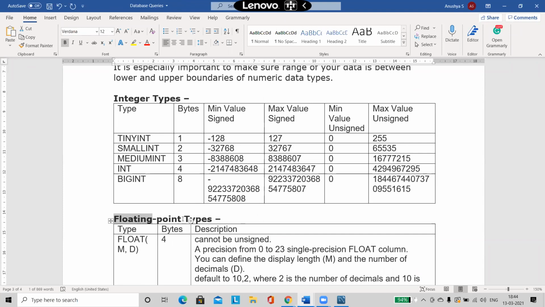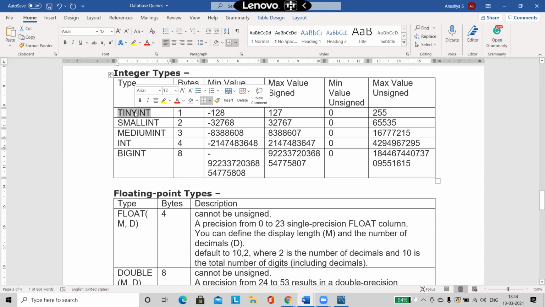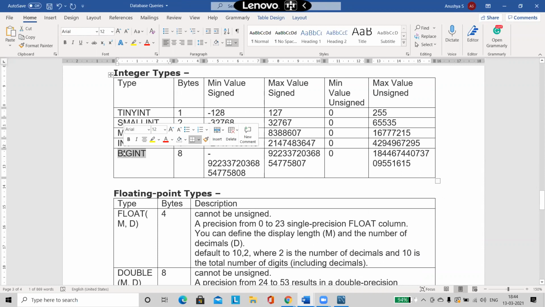In order to store whole numbers, I will go for the integer type. So what are the integer types? I have tiny int, small int, medium int, int, and big int. These are the different integer data types that I have.